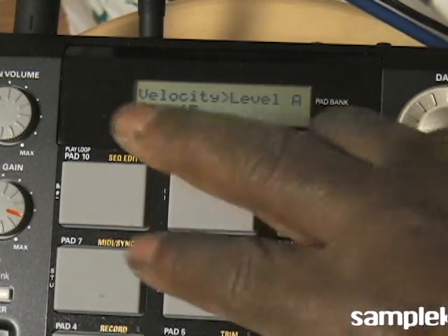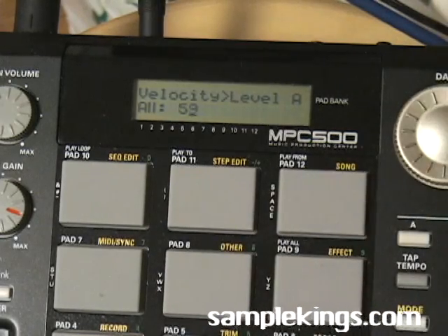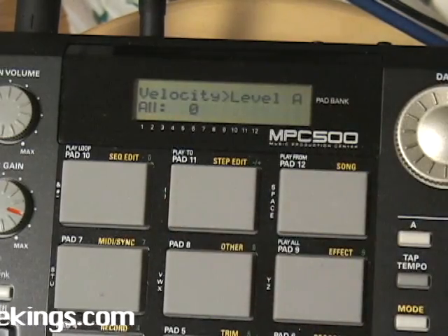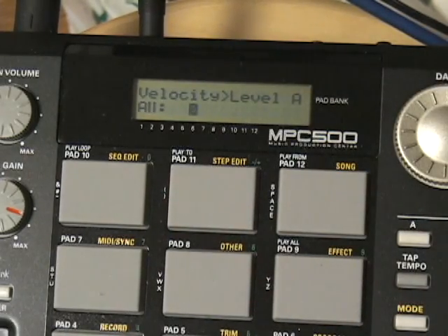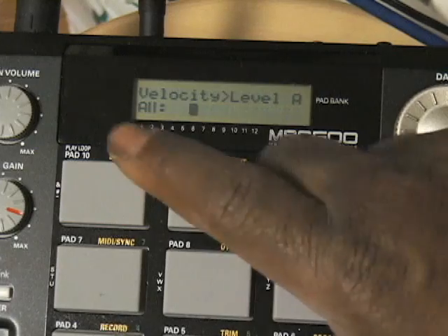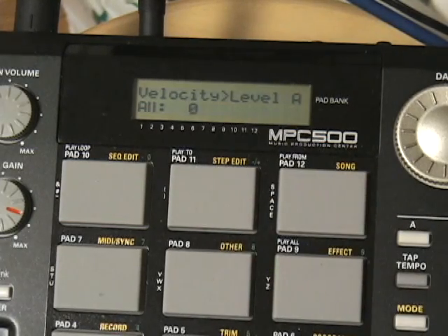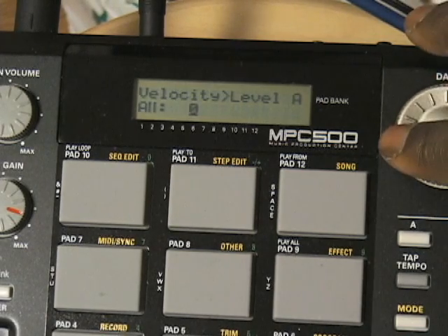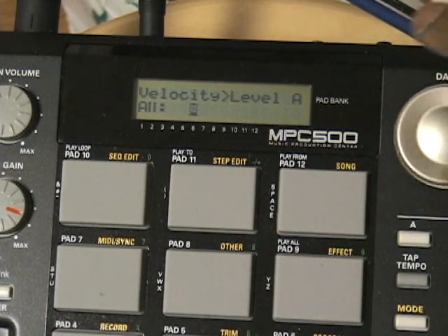So that when I hit the pad, I go, watch this, I go all the way down here. No velocity. It's very loud. And if I hit it soft or hit it hard, it's going to be loud because there's no actual velocity level set here. That means between 0 and 100, I can either hit it soft or low, and that's the velocity level I've set it to for that particular pad in the program. See that? Now, if you want to keep it at 100,